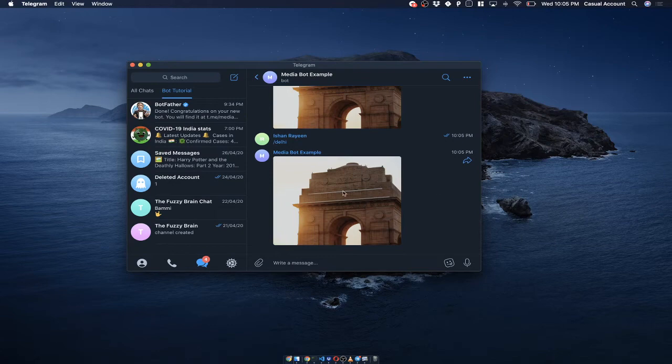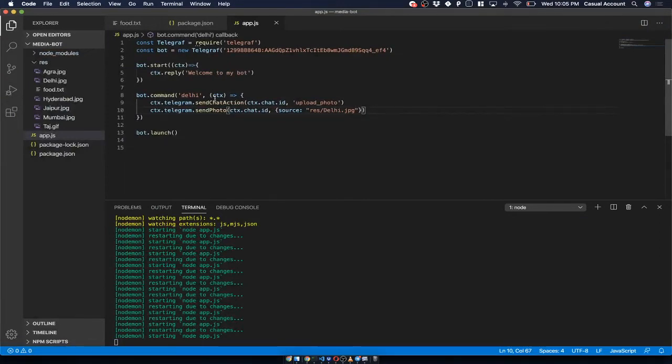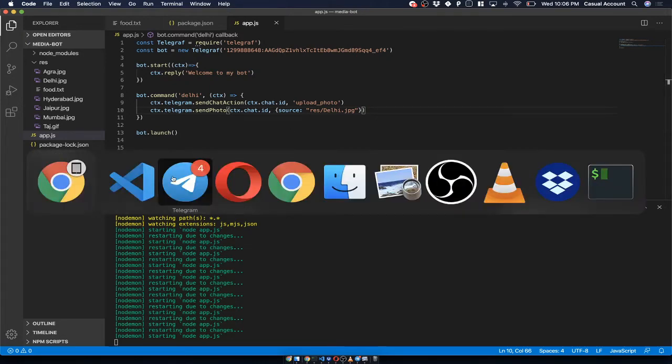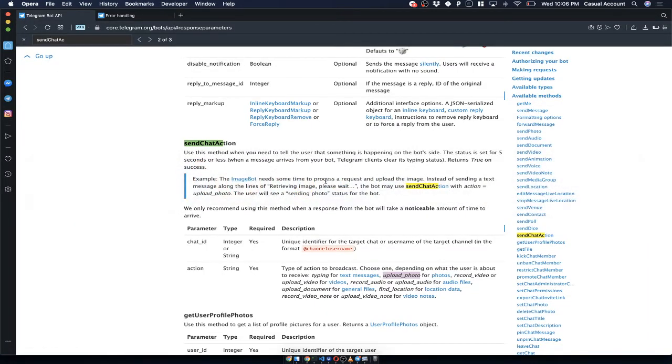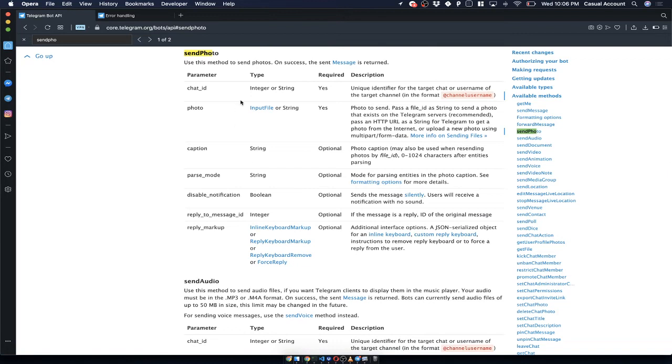Okay. So now let's explore more about this command, send photo command. To do that, what I will do is we have one more option, correct? Remember, we have some extra parameters. So now let's see what those extra parameters look like. I'll go back, I'll search for send photo, and over here you can see the extra parameters are these. You can add a reply markup, which we have already done in previous video. This time what I wanted to do is I want to use the reply to message ID. Okay, reply to message ID.